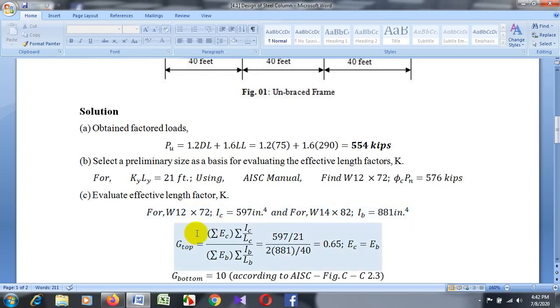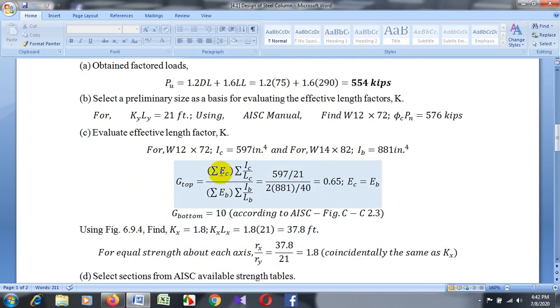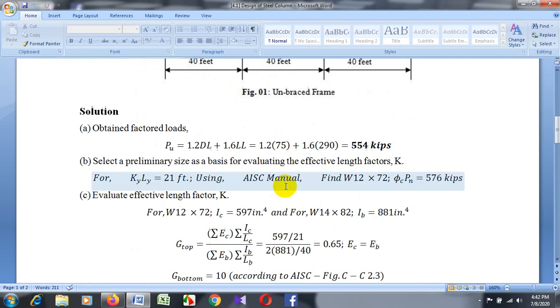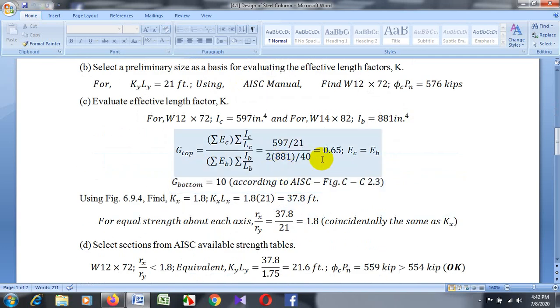And now G top equal to summation of Ec, the modulus of elasticity of column, into summation of Ic, moment of inertia of column, divided by Lc, clear length of column, and similarly for beam. Now putting in the values, this 2 means 2 beams, this column is connected with 2 beams, so this is the value of 2, and 40 is the length of beam, and now finally we get this value 0.65.